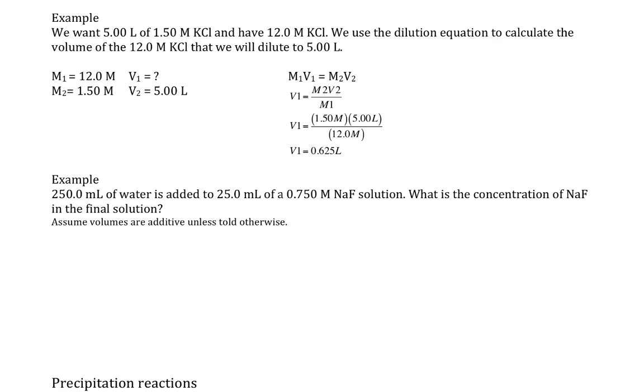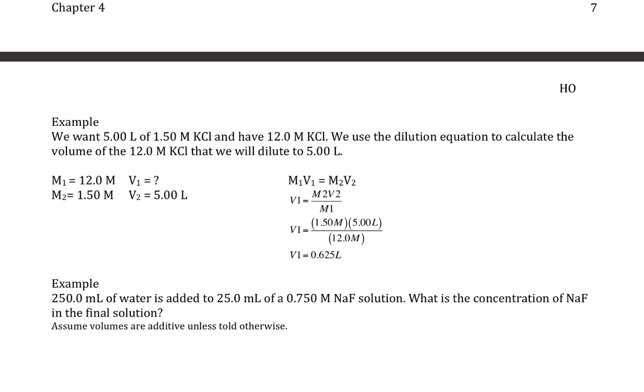We're after V1, so we rearrange that equation to solve for V1. V1 equals M2 V2 over M1. Putting in our numbers, V1 equals 1.50 molar times 5.00 liters divided by 12.0 molar. So we see molar cancels out, we're left with liters, and we calculate V1 to be 0.625 liters. Okay, so now we go back up here,